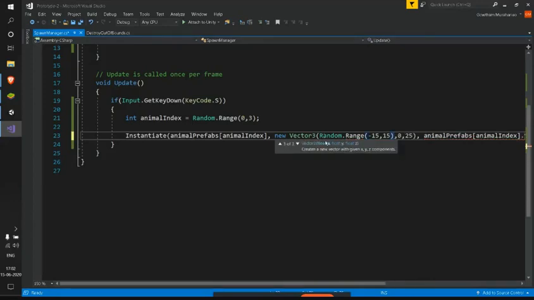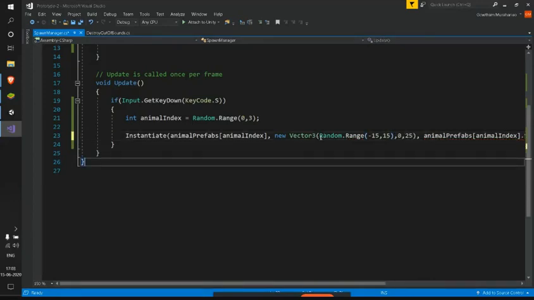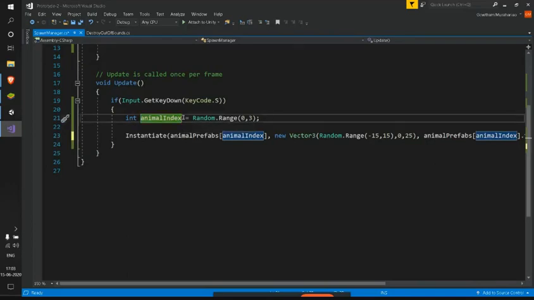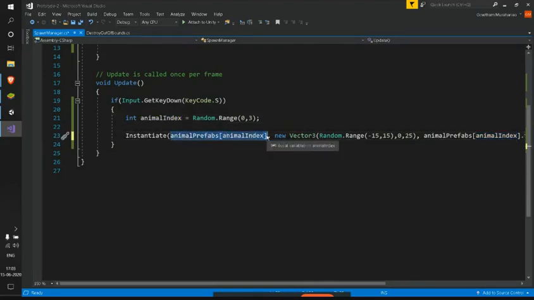So this is the thing. See here, whenever we press S, a random value will be generated which can be 0, 1 or 2, and that will be stored here as the animal index. We'll use this animal index to create a copy of that particular animal prefab, accessed through the animal prefabs array.